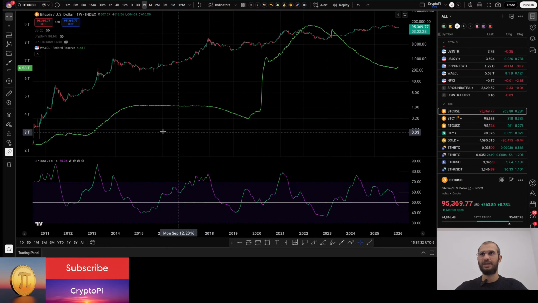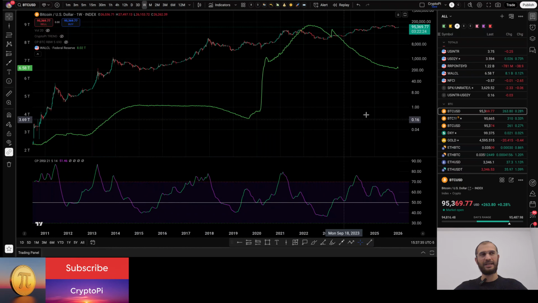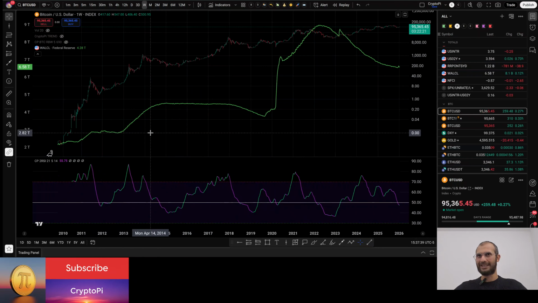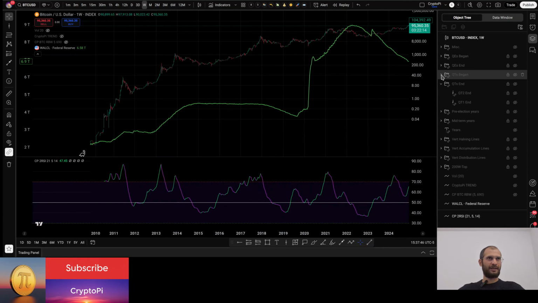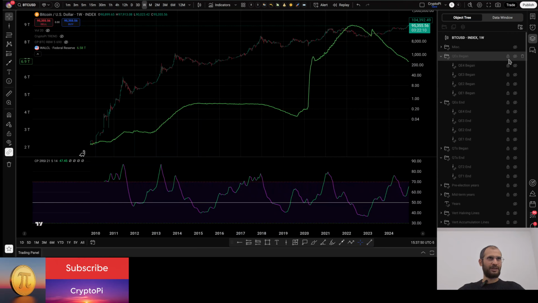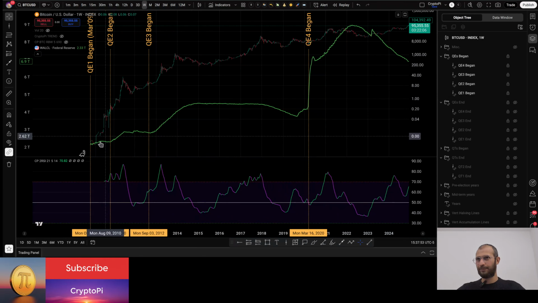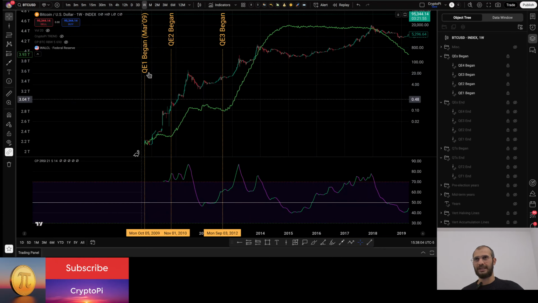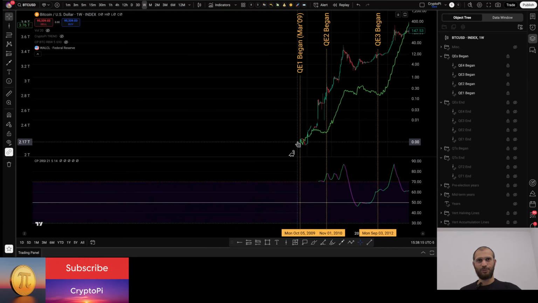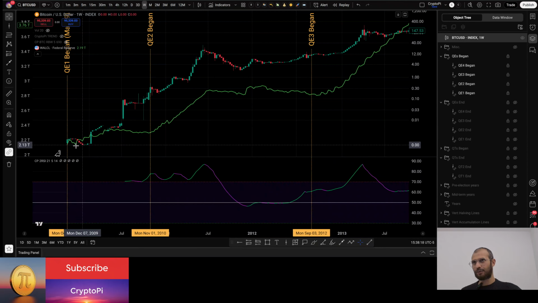Now what we see here is when the Fed started quantitative tightening and quantitative easing, but we have to break it down. There were a few years when quantitative easing began, especially after the recession of 2008. The first QE began in March 2009, and Bitcoin trading came into the picture in October 2009. We don't have data, but if we zoom in over here, we see that quantitative easing had begun and gradually Bitcoin trading began.